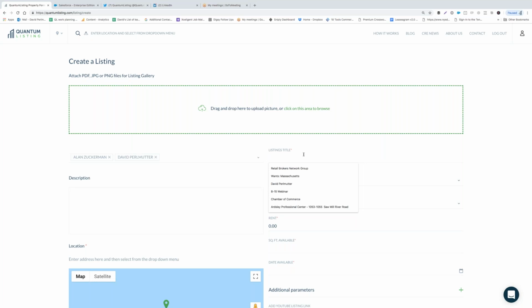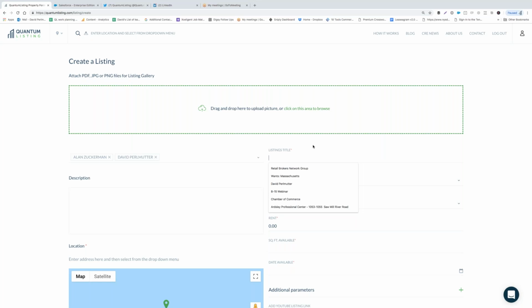And let's talk about listing titles, because some people just put a suite number on these listing titles or something that is not as communicative as it could be for the people that are going to be the audience for the listing. So make sure when you're doing these titles, you really give it some thought. You want it to pop, and I highly recommend that you add the city and state of the listing to the title, because we're going to be sharing your listings